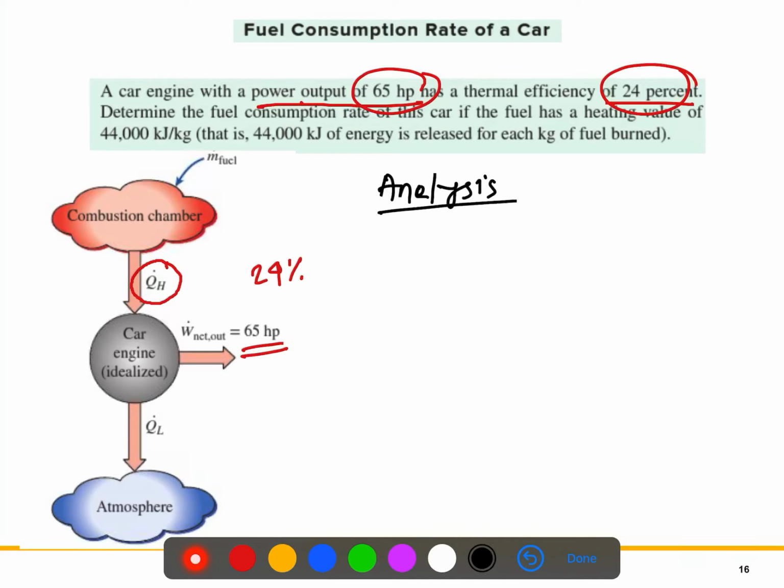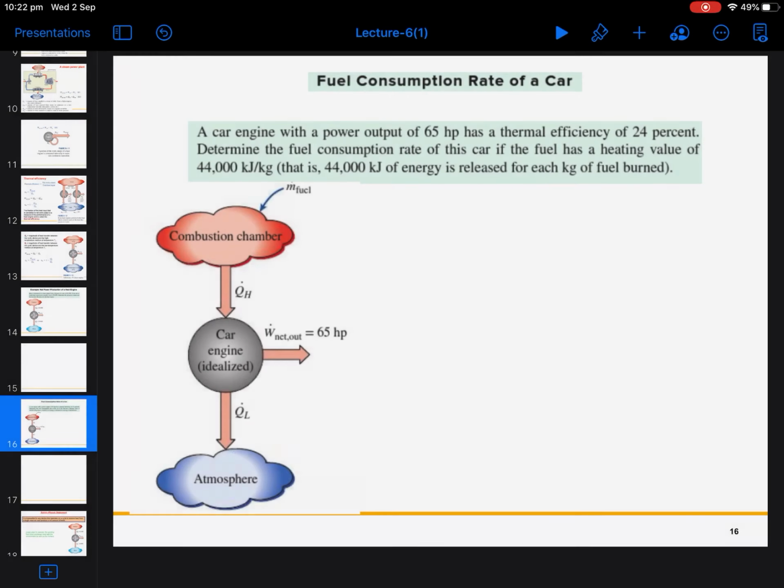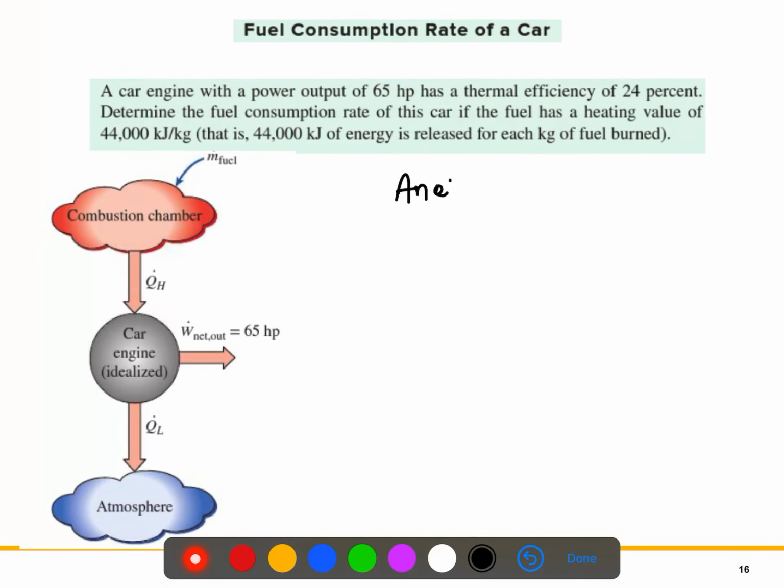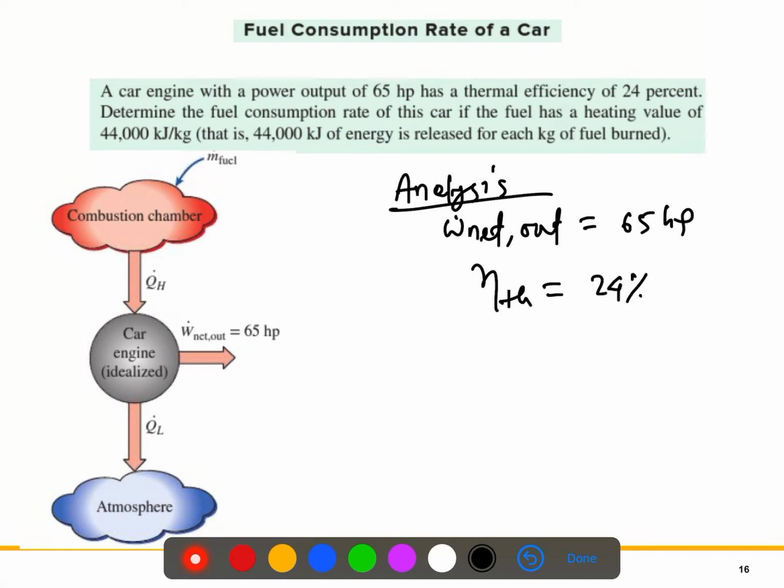So here what we know, this work output is given as 65 HP, and the thermal efficiency is given as 24%. All right, that we know, but we don't know this Q H. According to the question, whatever energy we are getting from this combustion chamber, only 24% of the energy is